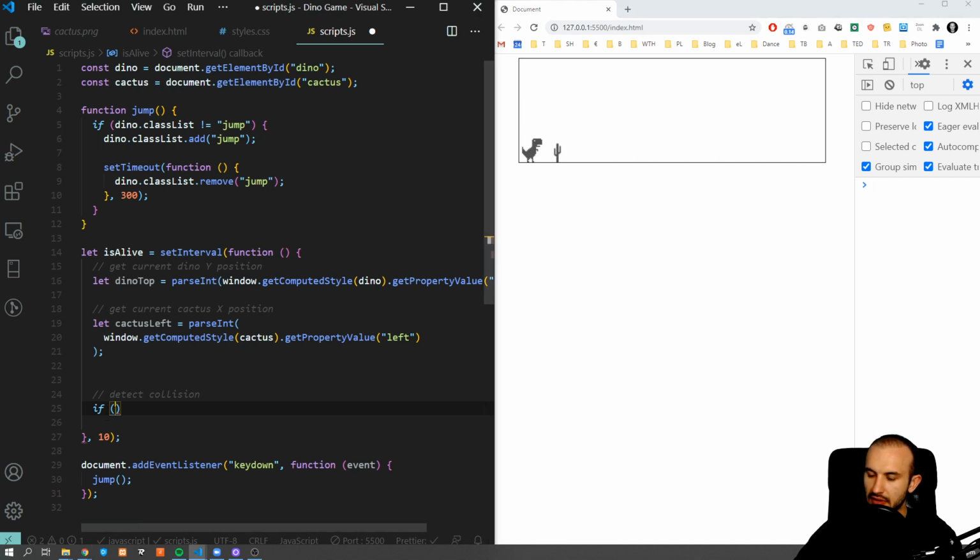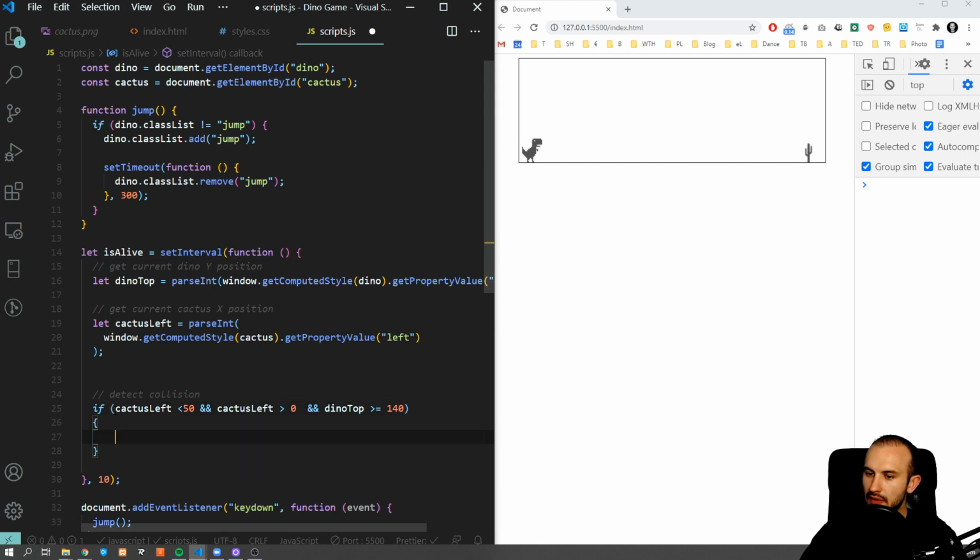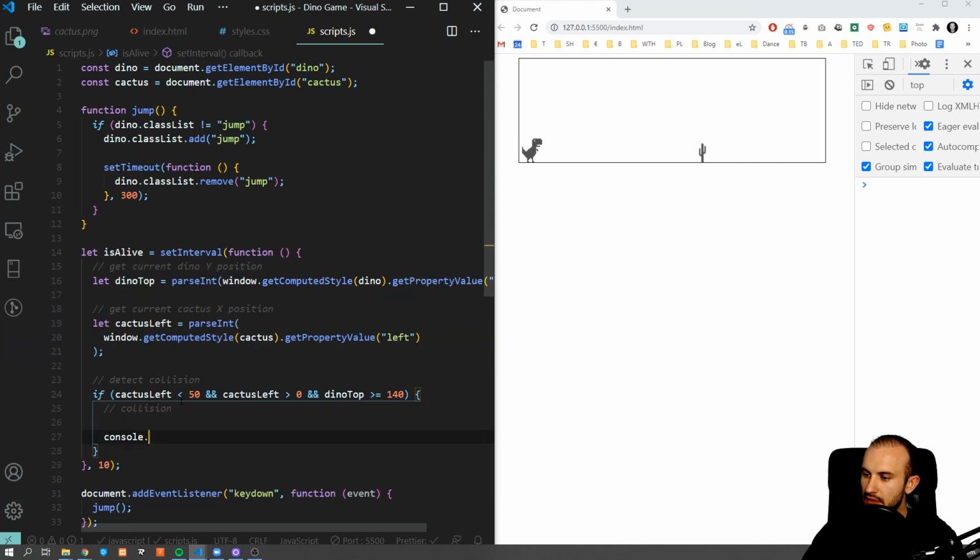So let's say we're gonna do it like cactus left, and I'm gonna play with this number, don't worry, this is just the starting point, and cactus left is greater than 0, and dino top is greater or equal than, let's say, 140. Okay, so in this case we have collision. So let's see, console log